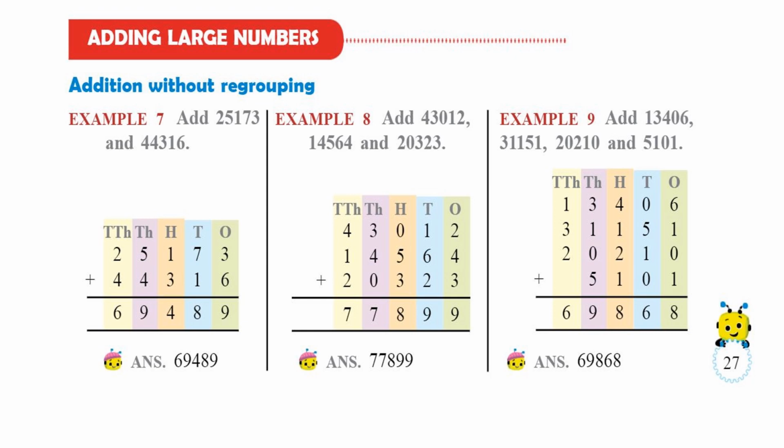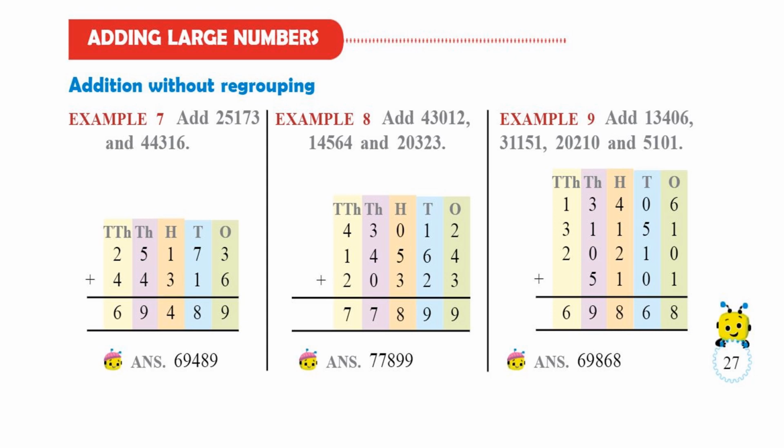In thousands place we have 4 and 5. That is 9. 4 plus 5 is 9. Then in 10,000 place we have 4 and 2. That is 6. 4 plus 2 is 6. Right? So the answer is 69,489. The next example is add 43,012,